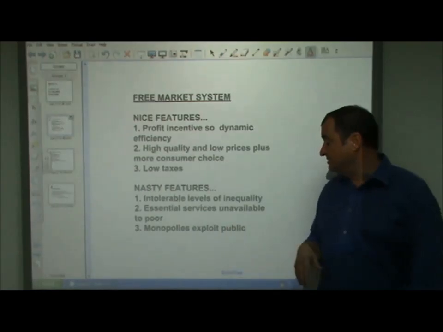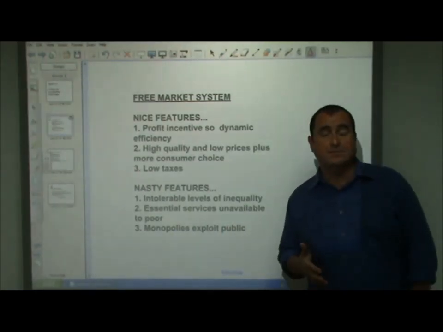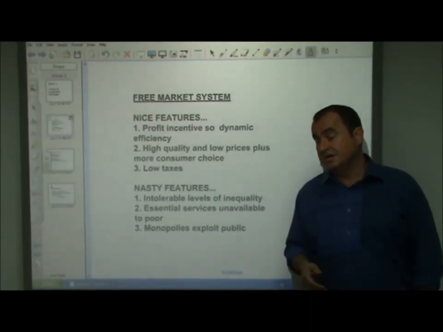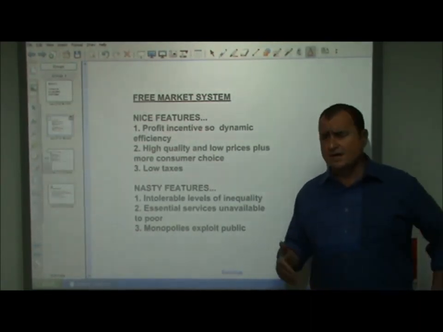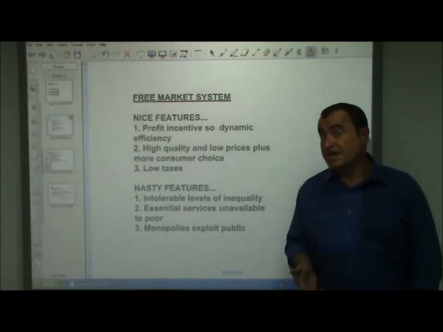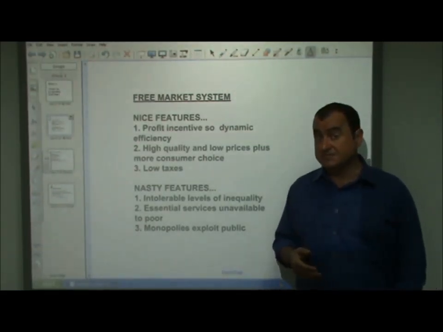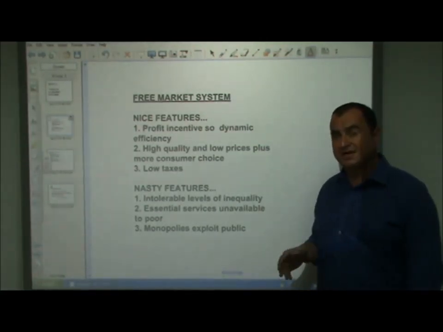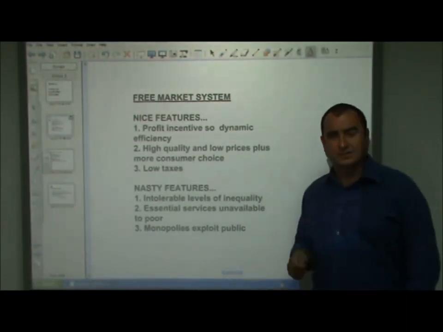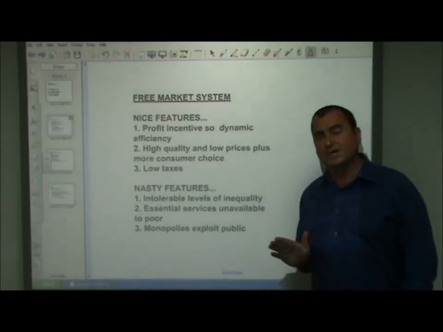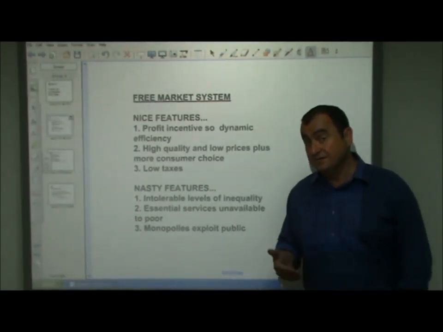And finally, monopolies would exploit the public. It's very possible that giant private companies would come to dominate industries, creating barriers to entry where other firms could not challenge them and compete with them, and in the end consumers wouldn't get choice and would be forced to buy from monopolies, perhaps low quality goods at high prices. So there are features of this free market system which are so undesirable that governments of any political persuasion have said, no, we can't accept that, there must be some state involvement.